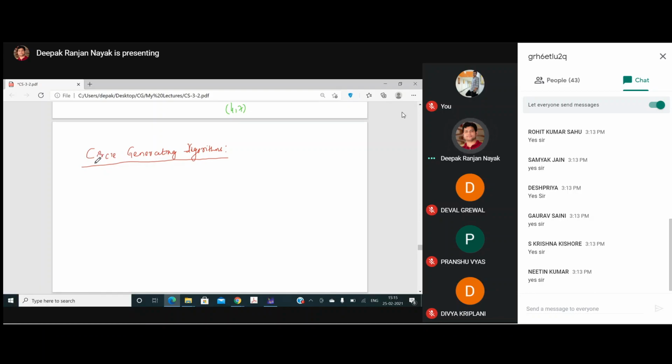So in circle generating algorithms also, we have seen the advantages of Bresenham's line drawing algorithm, which only involves integer calculations instead of floating point calculations, which is a time consuming procedure, right? Therefore, in circle generating algorithms also we will try to avoid those types of floating point arithmetic. Similarly, the equation y is equal to mx plus c we have talked about, and we'll also see the different types of equations which are used for circles, right?